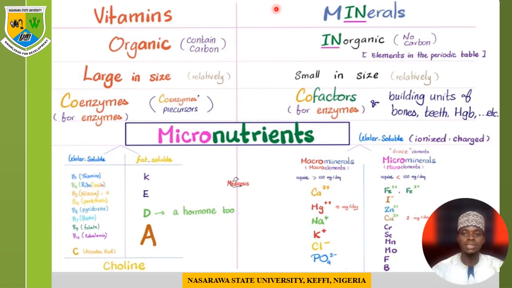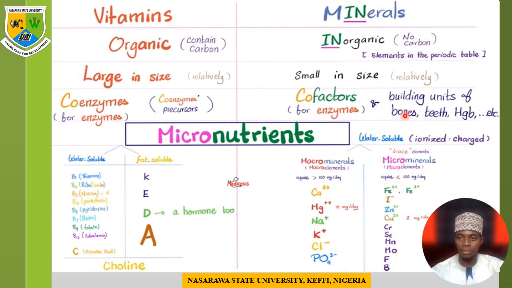Now we are going to look at some basic differences between vitamins and minerals. From the definition, vitamins are organic, that is, they are carbon-containing compounds, while minerals are inorganic. They don't have carbon, but they consist of any other elements within the periodic table. Vitamins are usually large in size. Their molecular weight is large, whereas minerals are usually small in size. Vitamins serve as coenzymes or precursors of coenzymes for most of the enzymes in our system. The concept of coenzyme is going to be discussed under enzymes, whereas minerals serve as cofactors for enzymatic reactions, and they also act as building units of bones